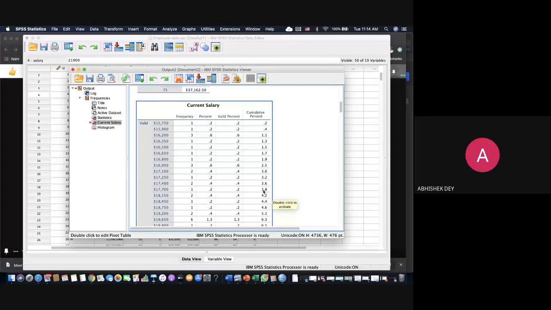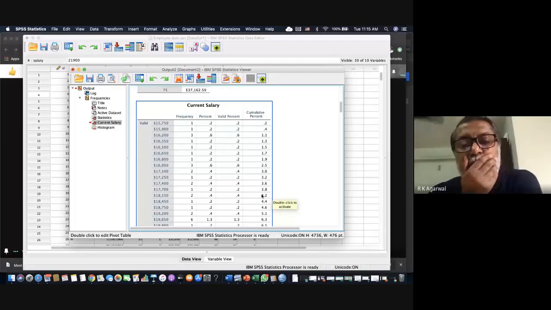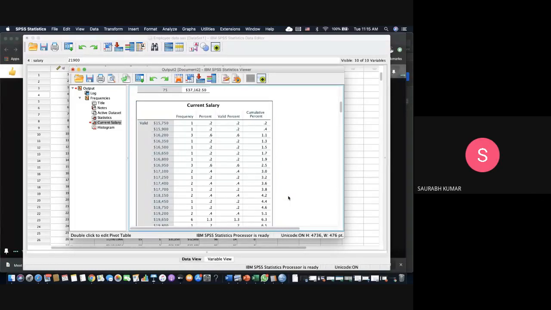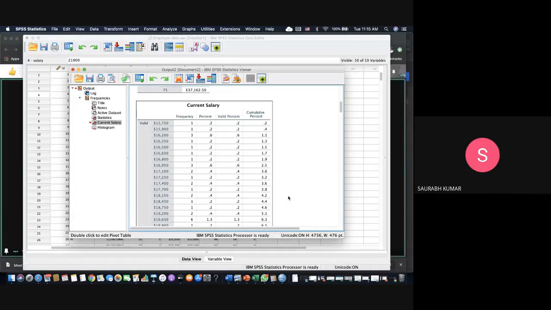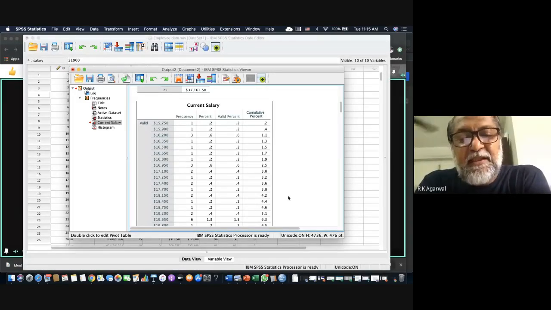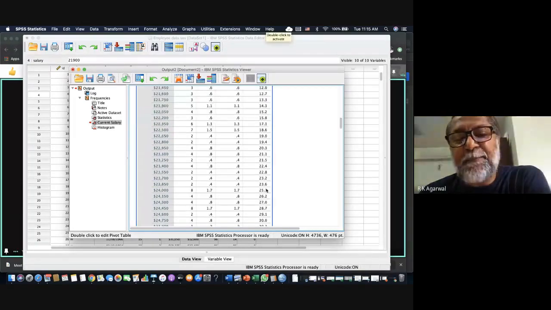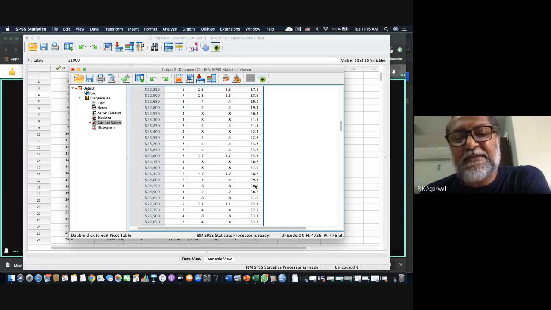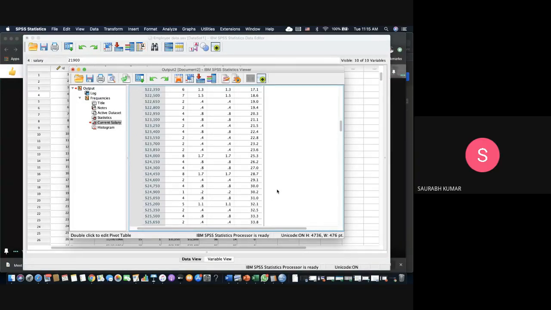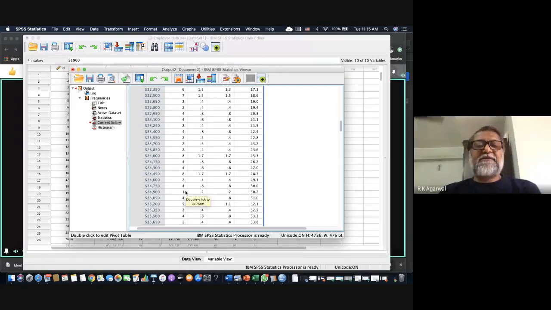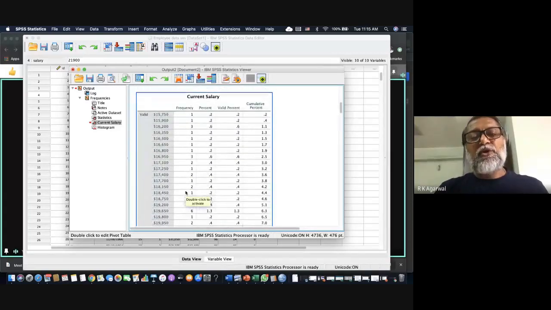So it's less than 18,150. 4.2% people under 18,150. No, this time you're wrong again. Equal to or less than, sir. Equal to or less than that only. Just answer this question. What does this 30% mean? 30% people are equal to or less than 24,900. Exactly. So this is how you have the first step.